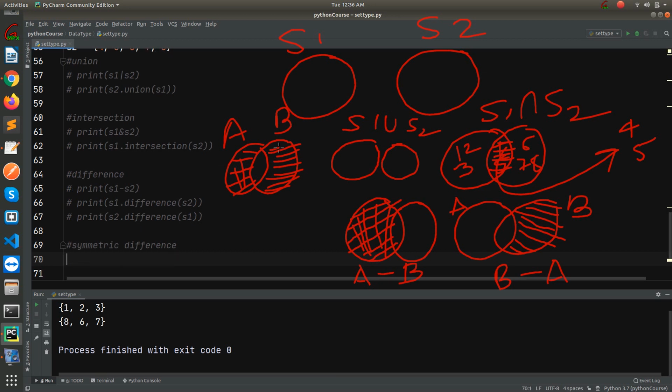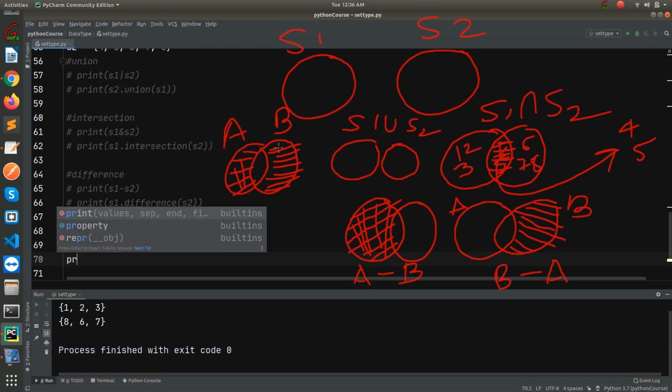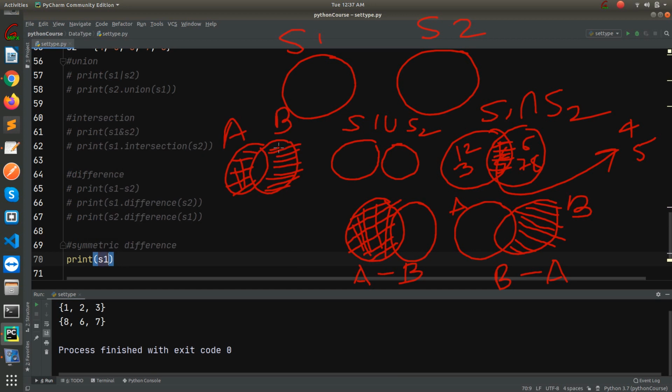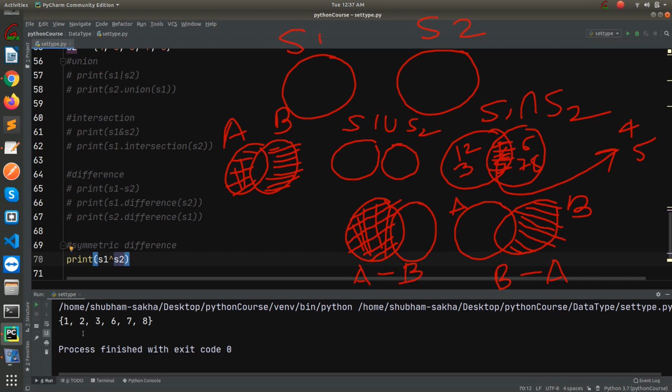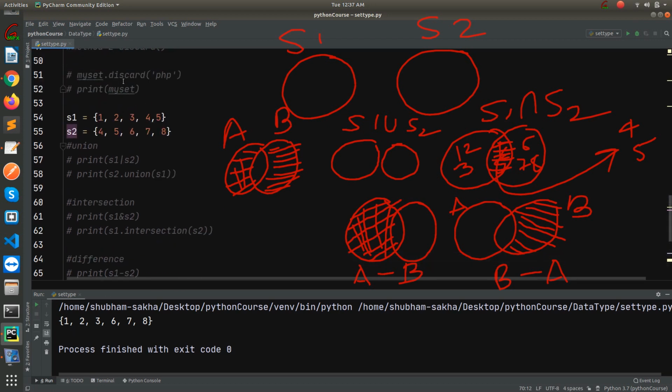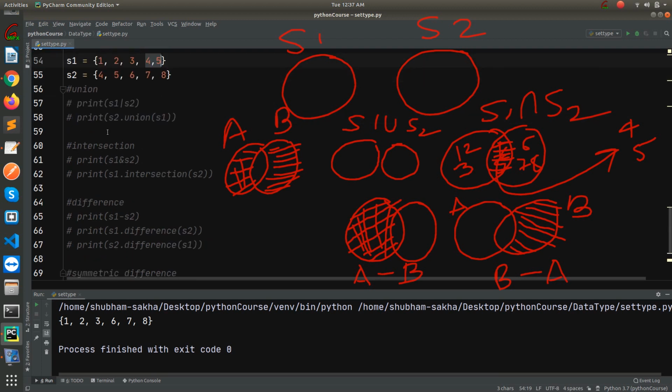Okay, so for this we can call the caret operator, print S1 caret S2. So if you run it, you will see the symmetric difference, that is, 4 and 5 have not been included. 4 and 5 are the intersection part that is present in both the sets.